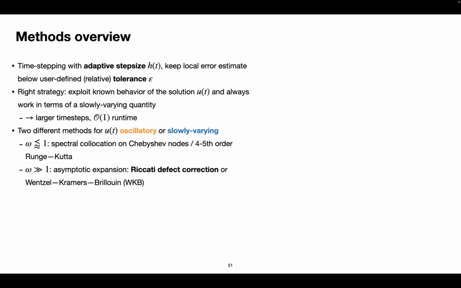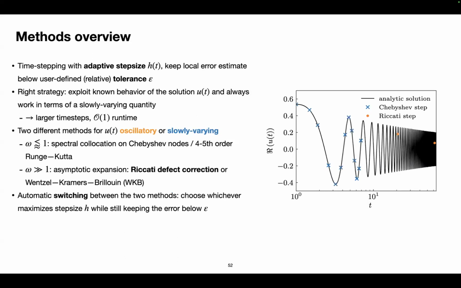However, for the large frequency, the oscillatory behavior, I'm going to use something quite bespoke that I'm going to talk you through. And this is going to end up being something called an asymptotic expansion, meaning that it doesn't converge if you just keep adding terms to this expansion. Right. And then at the heart of this algorithm will be detecting which method to use when. So the algorithm is going to detect whether the solution is oscillatory and then apply one method. And when it's not oscillatory, it's going to apply another. And this is the result of that.